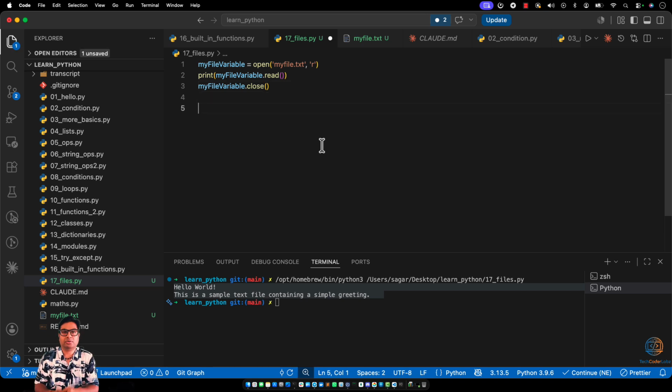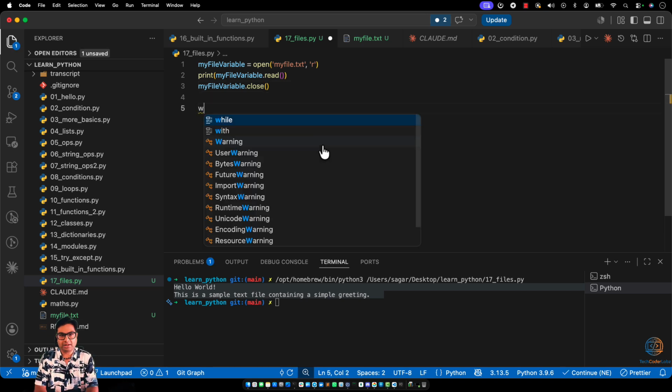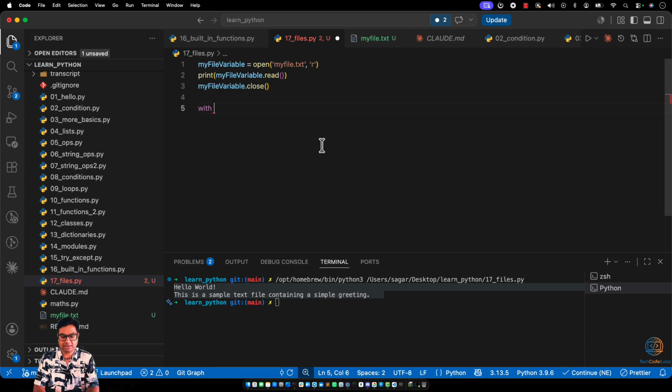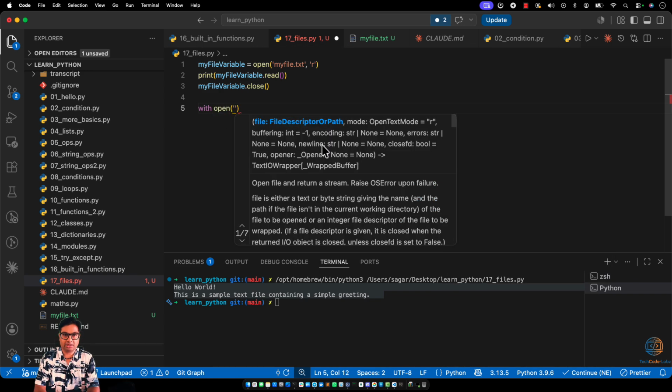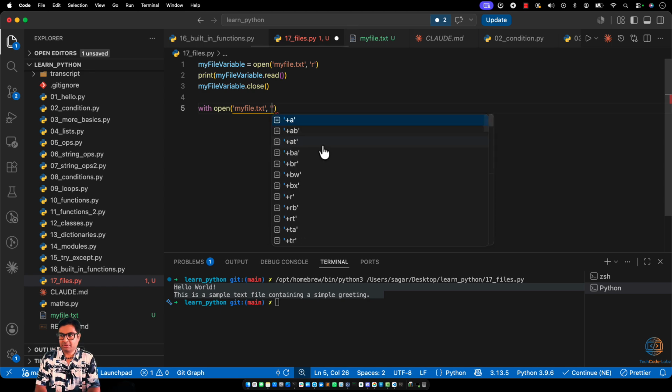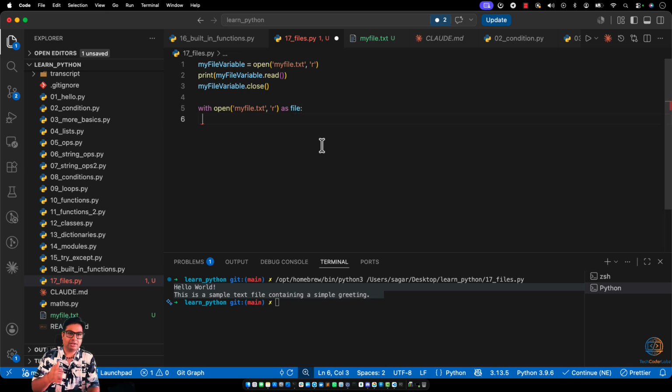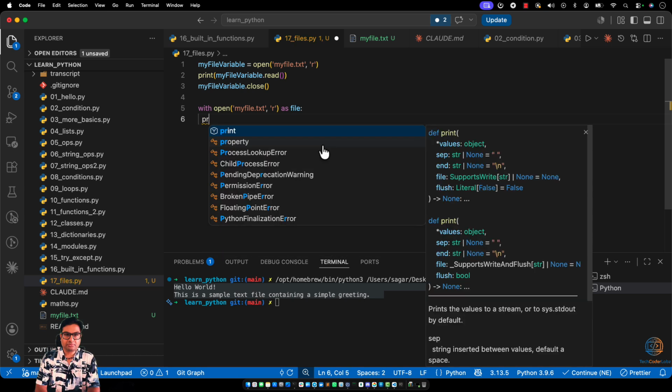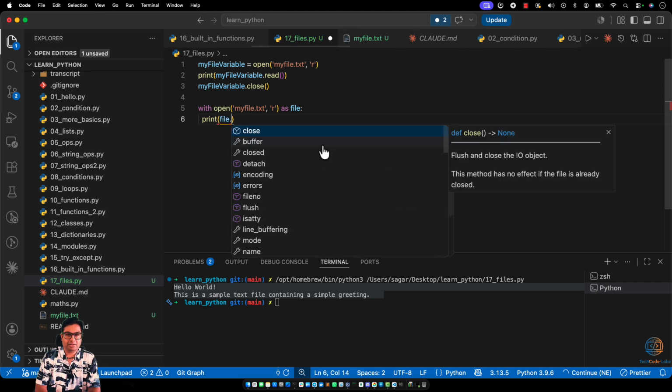So let's say if you want to avoid closing the file, there's a different syntax which goes something like this: with and then open the file, which is in our case myfile.txt, and then over here we are going to supply r as read mode, as file. So with this we have declared a file variable, and then you can see the indent now. So basically everything that we provide within the scope of this section, it's going to have the scope of the file, and as soon as you are out of the scope, it's no longer available. So now I'm going to print file.read,